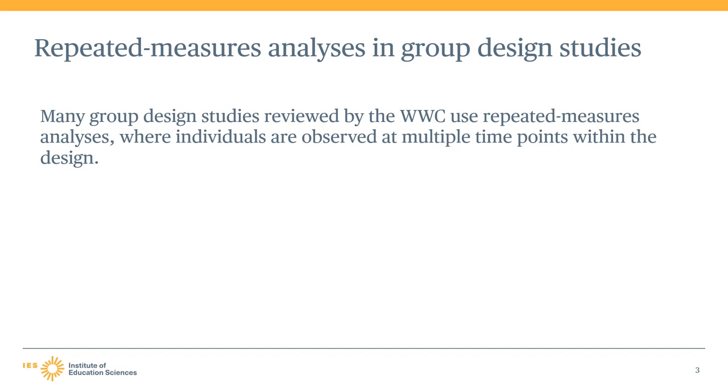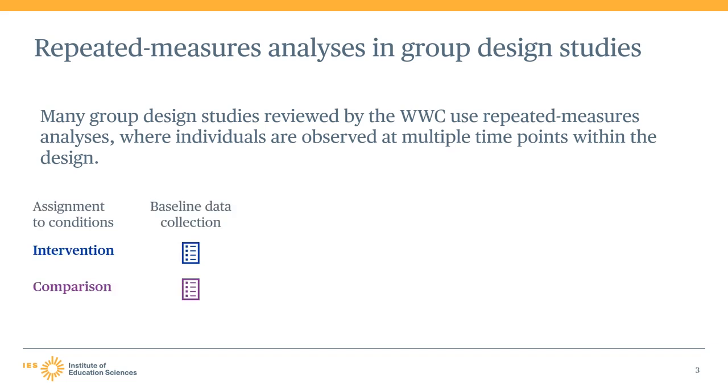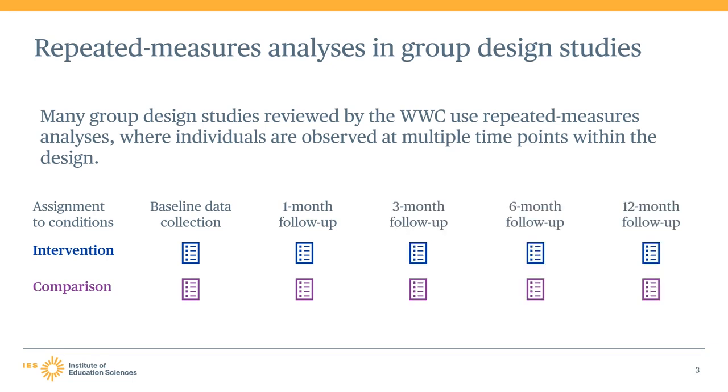For instance, a study might randomly assign units to an intervention and comparison group and collect baseline data. Then, the researchers may collect follow-up data on those participants at multiple time periods, perhaps at 1 month, 3 months, 6 months, and 12 months. In the remainder of this module, we will provide additional guidance on reviewing evidence from two types of group designs with repeated measures analyses. First, analyses of simple gain scores, and second, analyses in which the dependent variable includes data